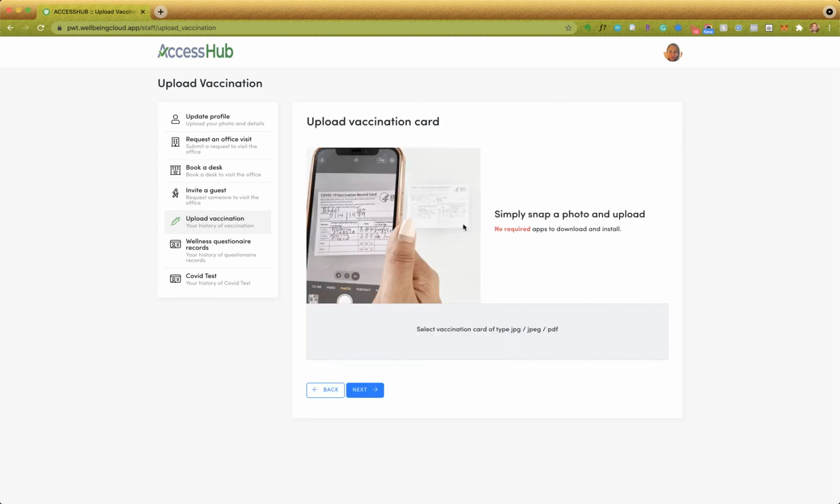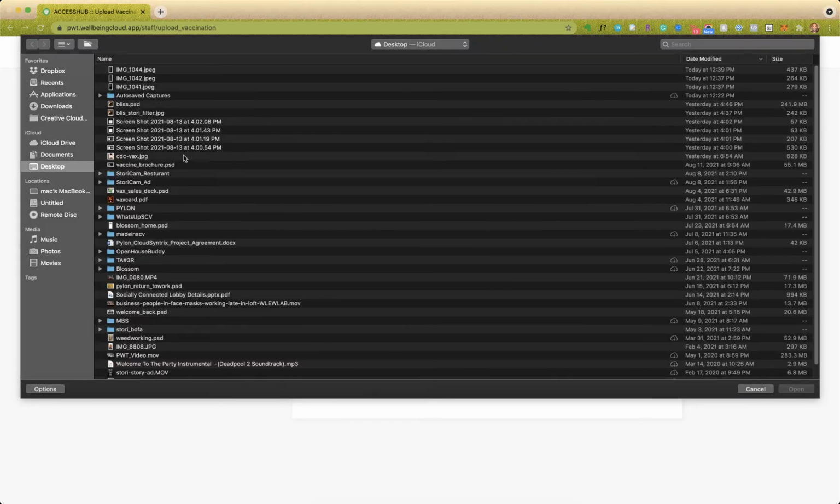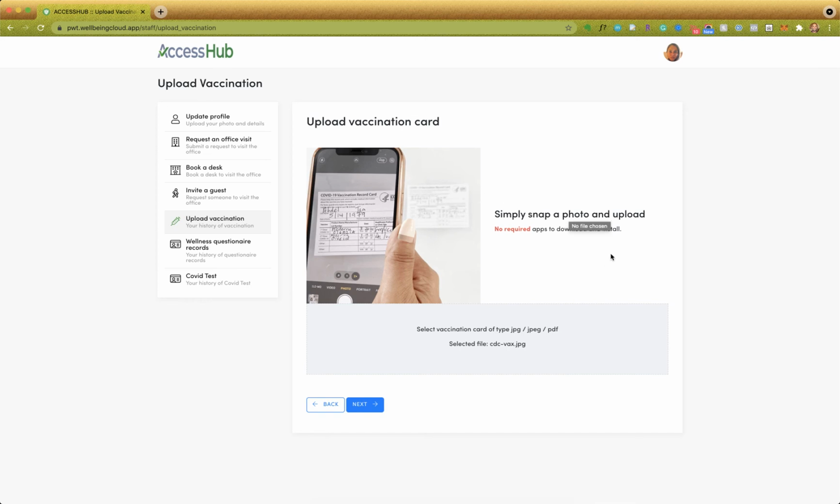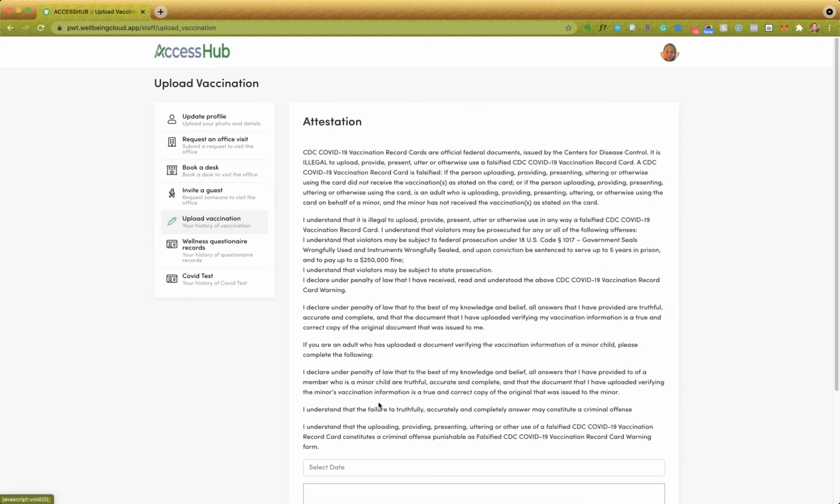Press next. This is where the employee will now upload their vaccination card. This can be done on the desktop, and it can also be done on the mobile phone. So I'm on a desktop right now for this demo, so I'm going to upload a card that I have saved on my desktop. I'm going to press next. Once you go to the next screen, you are